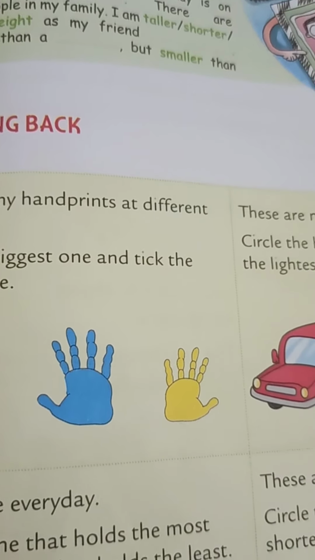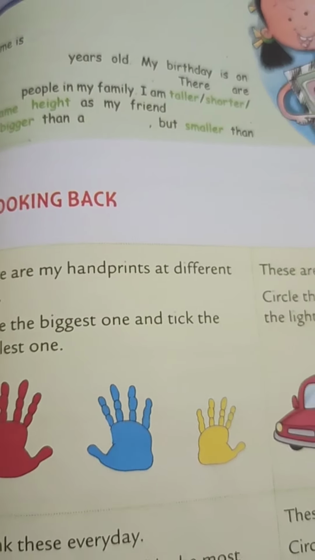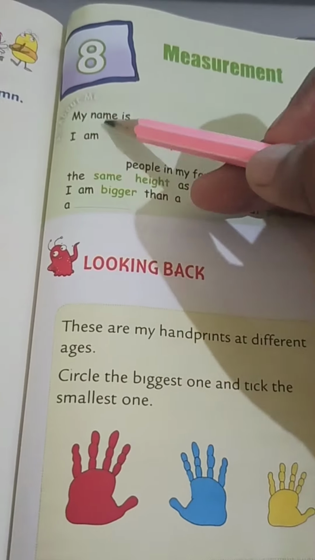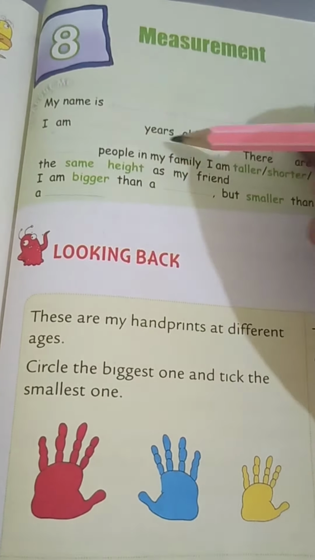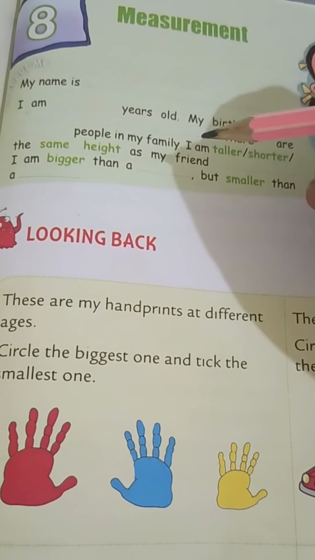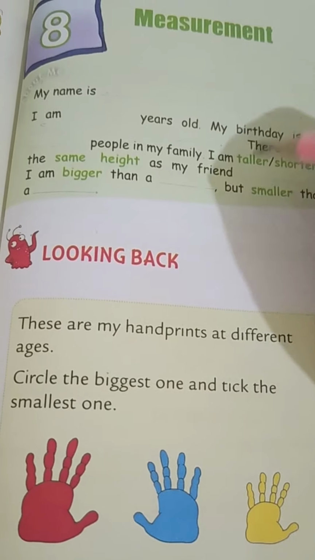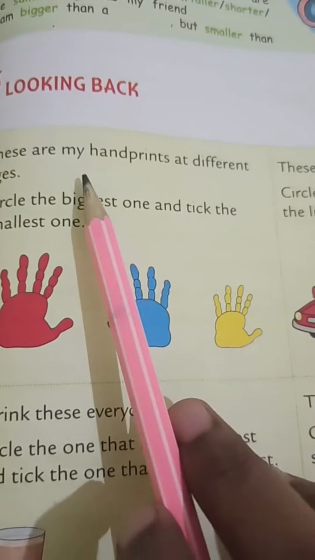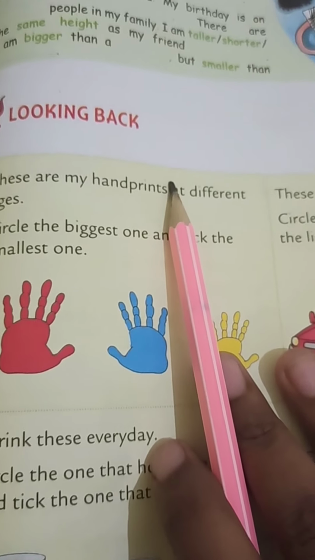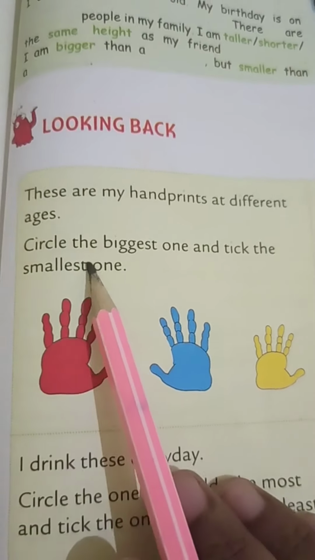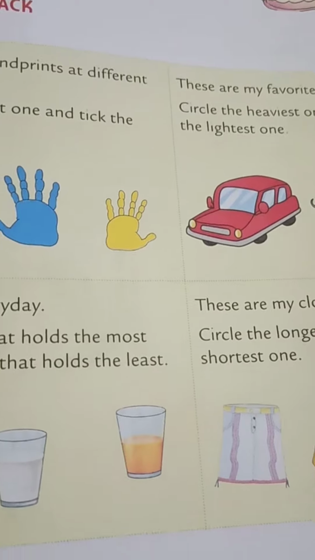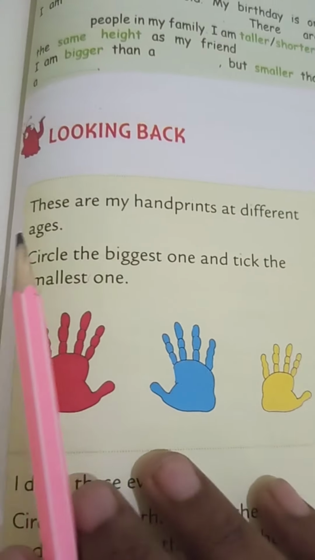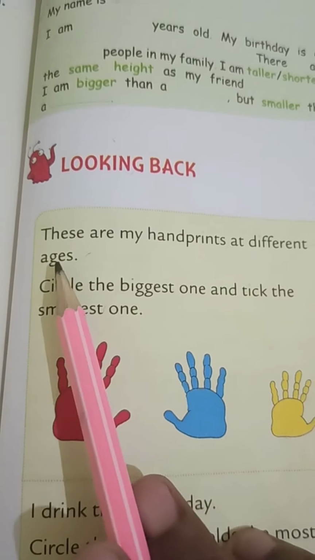Okay, my dear children, one by one book I will explain. First, this is the orange color book. Okay, my dear children, do this exercise. This is not an exercise, this is just knowing about yourself. Do it by yourself. Okay, look here. This is in the orange color book. Okay, don't get confused. Take page number 127.